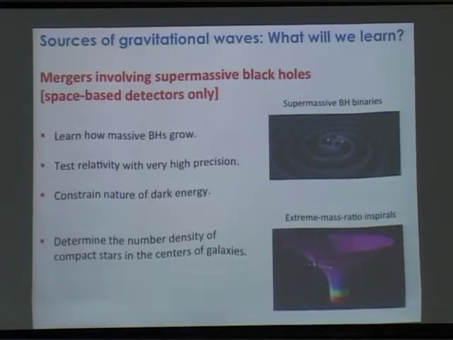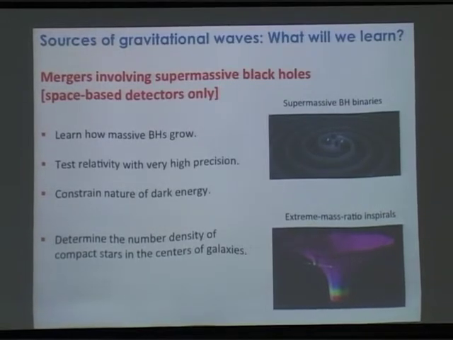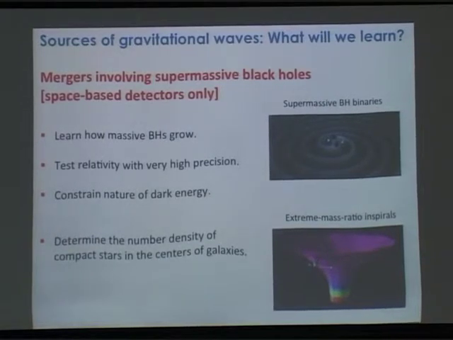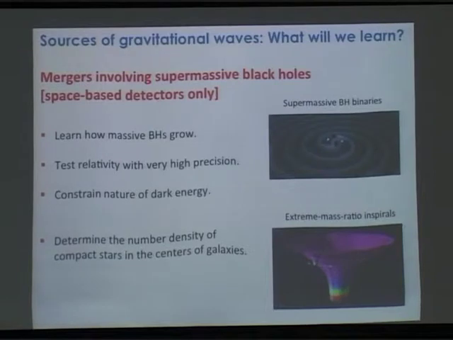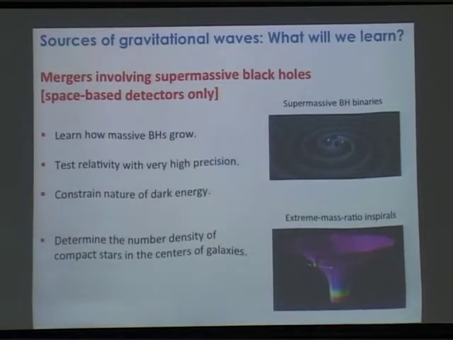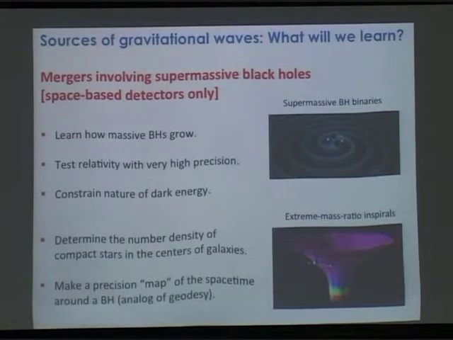And another interesting source for the space-based detectors is something called extreme mass ratio inspirals, which I'll talk a bit more about modeling later in the talk. This is basically a stellar mass black hole, say around 1 to 10 solar masses, orbiting a supermassive black hole on the order of 10^5, 10^7 or 10^8 solar masses. If we could observe these sources with a detector like LISA, one of the things we'll be able to investigate is the number density of compact objects inside of a galactic nucleus, which we can't easily probe using electromagnetic observations.